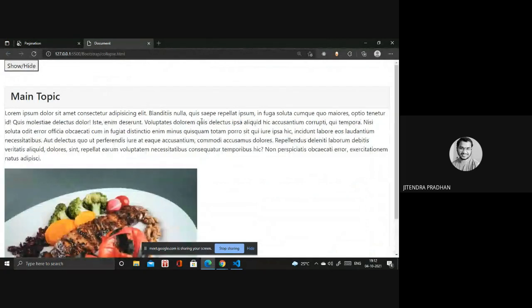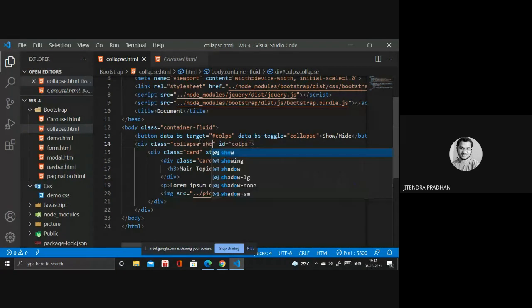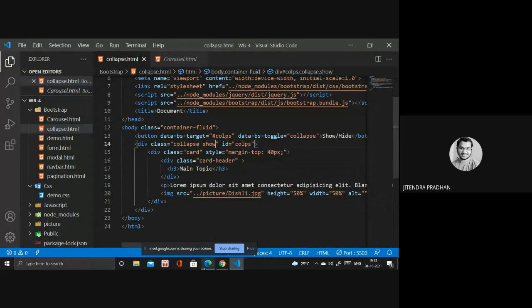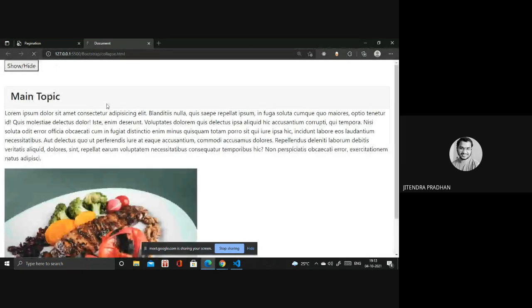Yes, it's good now. When you click that button, it will hide, and that will show particularly. If you want to show it by default, then you have to use show. When I refresh, it is not closed yet, and when I click that button, it will hide.